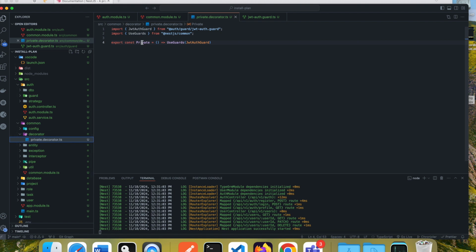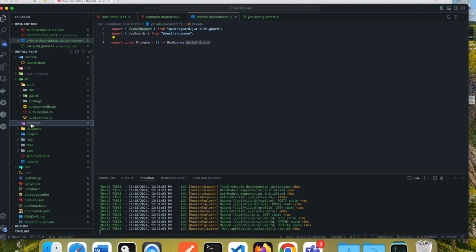So wherever we are using it in that module, we need to resolve this JWT auth guard. So in that module we will be importing auth module. It might be a little confusing, but just understand that private is not a provider. Instead, JWT auth guard is a provider. So wherever we are using private, we need to resolve JWT auth guard,